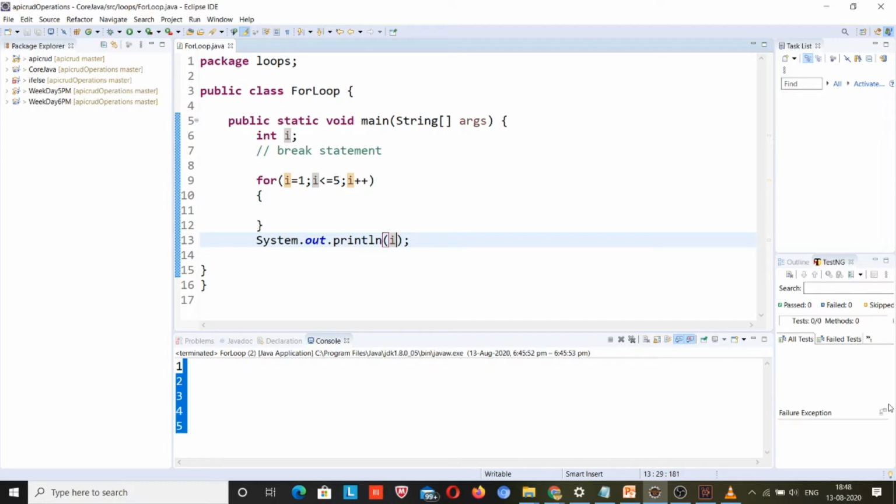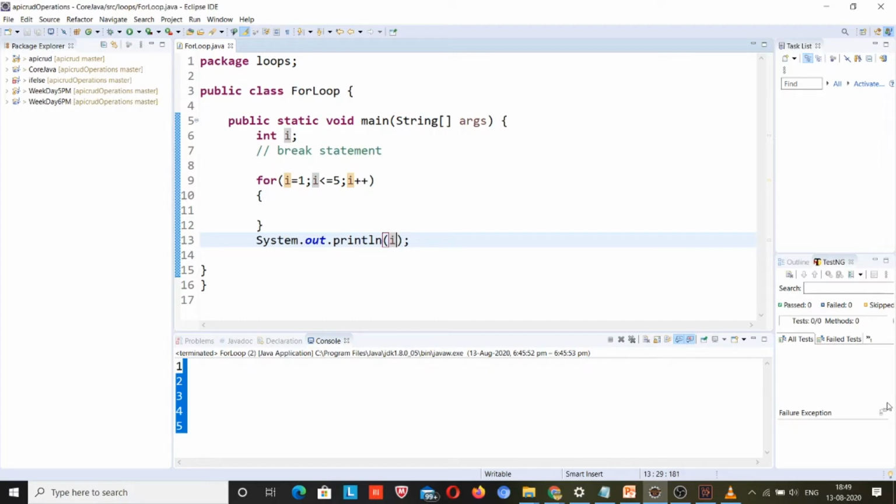Initially there is a variable declared, integer I, and then the for loop is implemented up to 5. The initialization is I is equal to 1, and the condition given is I is less than or equal to 5, and then the increment operator is mentioned in the for loop. So what I understood is that it will not execute anything, because the System.out.println is not in the block.